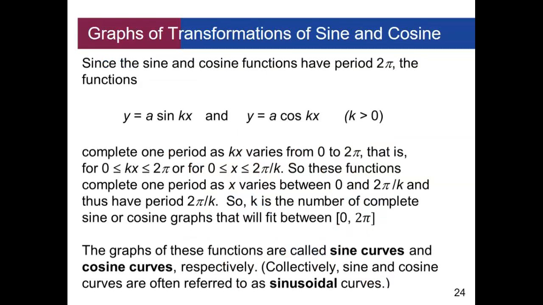Okay, we can also have changes in the period. So we have the standard period that's 2 pi. But anytime we have a value in front of this x that's not 1, then we're going to have a period change. So 1 period is typically from 0 to 2 pi, but if we have a k or some number in front of it, the effect is that it divides the period 2 pi by k. And I have this summarized on another slide a little bit better, so I'll show you that in just a minute. But what this number is, this is the number of complete cycles